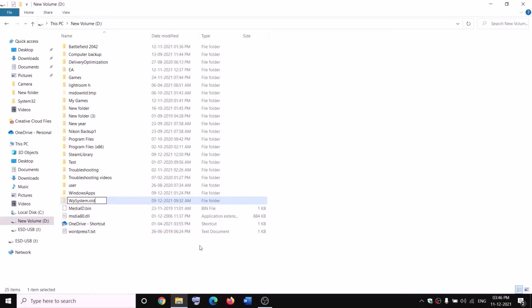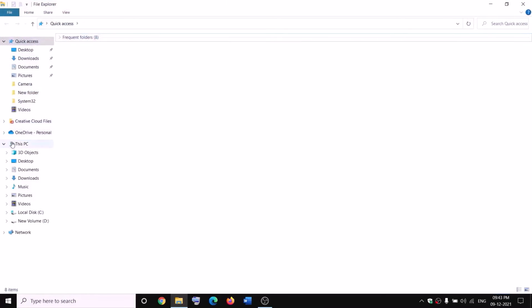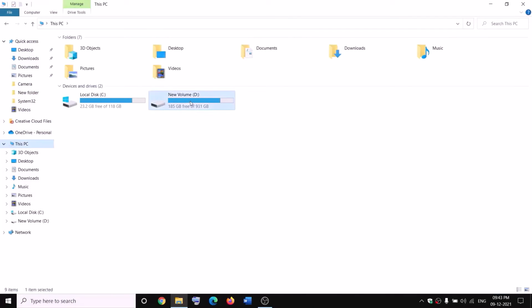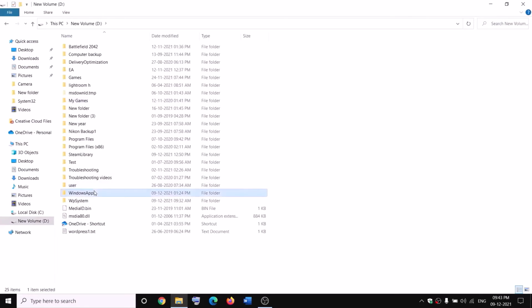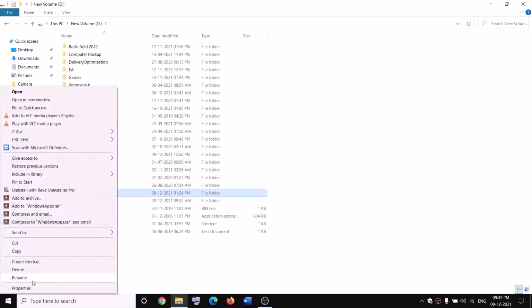Now, if you still face the problem, in that case you can go ahead and restart your computer and then try to rename it once again. Open File Explorer and then go to This PC, open D drive, then right-click on WindowsApps and then rename it. Now before renaming, you have to take the ownership. Make a right click, then click on